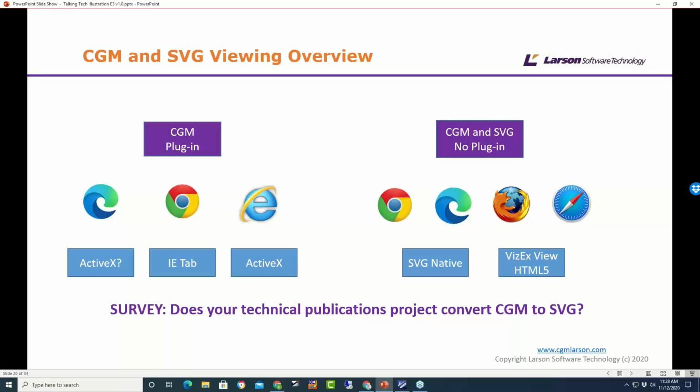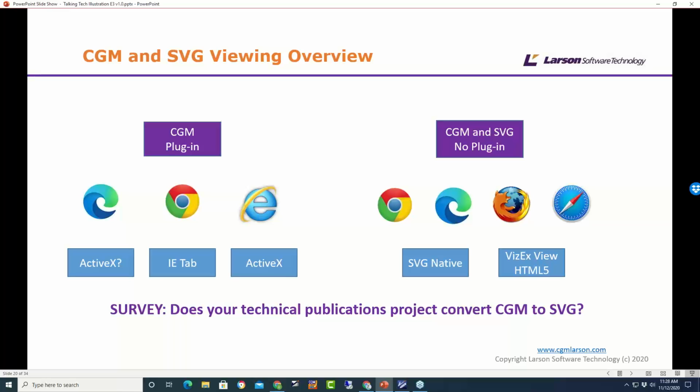So with CGM, this is an overview of what you could use. With CGM, you could still use the plugin. You could still probably use it in Edge, although we've no use cases to prove that. If you wanted to use ActiveX for CGM, you'd have to use an old Internet Explorer, or there's something called IE Tab in Chrome that you could use with the ActiveX control as well.